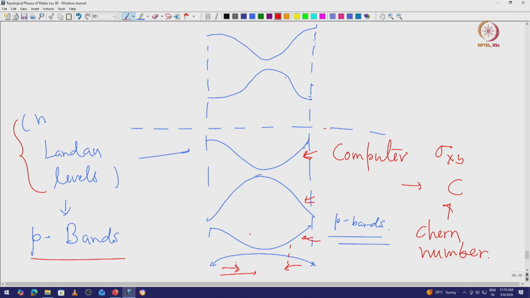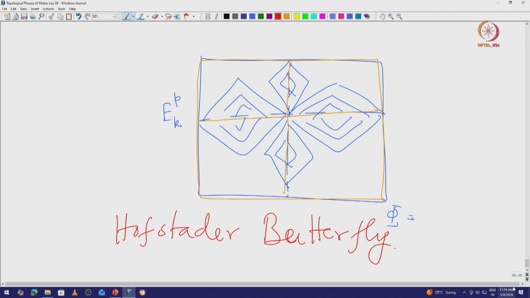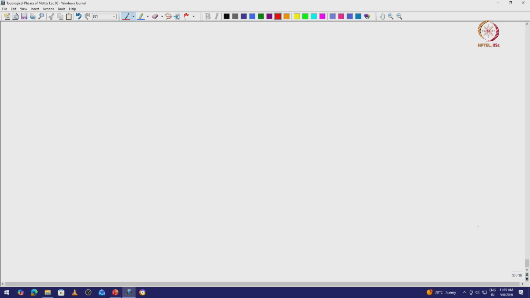We really have not introduced what the Chern number is, but let's at least see the calculation and see what could look like a Chern number. So for that we use the Kubo formula,